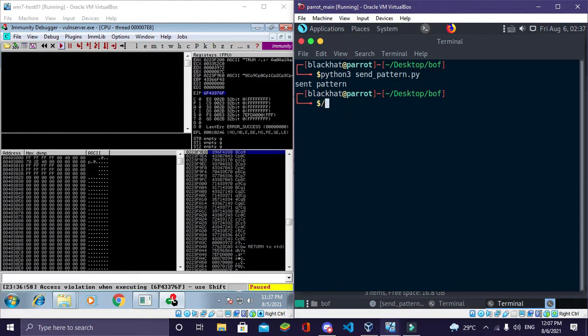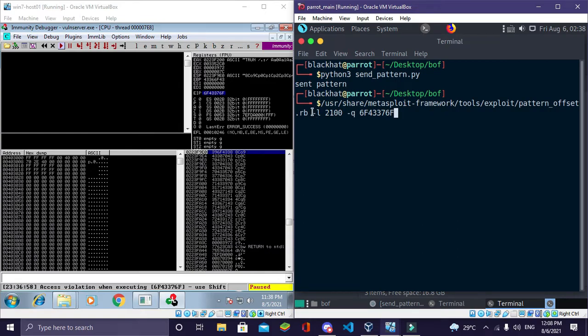Now again, there is a Metasploit script to find the offset, and here the script is pattern offset.rb. Other things are in the same folder, but instead of pattern create, this time it is pattern offset. That's because we are going to find the offset now.